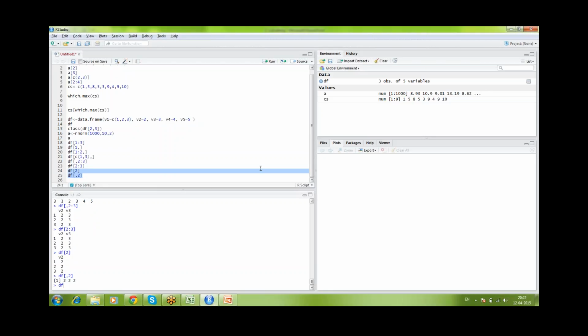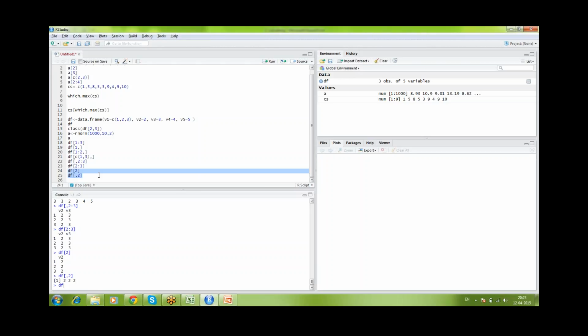Are you able to view my screen clearly? Yeah. Sure. I asked so that if not, I can change some settings. No, df 2, you have provided the second column, right? And df comma 2 is provided in a kind of horizontal row. Correct. Okay. So the difference is that, if you want the second column and you